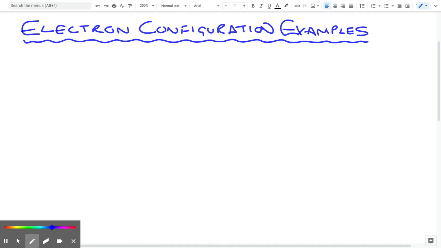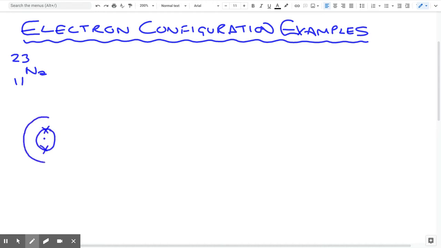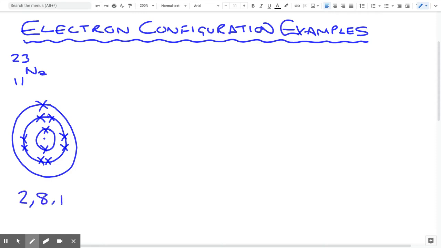Okay, so I'm just going to run through a few examples of electron configurations. Again, we'll summarize our sodium example being a 2,8,1 species, whereby we have 2 electrons in the first shell, 8 electrons in the second shell, and we subsequently have 1 electron in the third shell, giving us a 2,8,1 species. We saw that in a previous clip, and we're just going to take a few other examples of